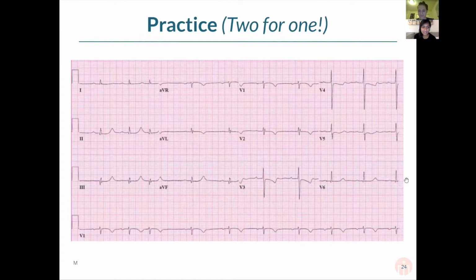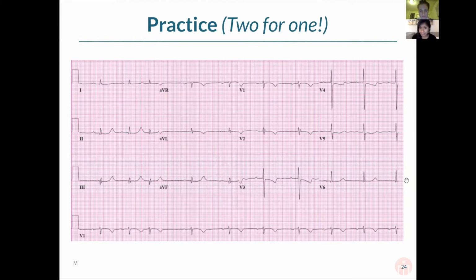Awesome. So now we have another great example. Full disclosure, there are two really big things to look for in this EKG. So try and go through all of our basic steps, rate, rhythm, axis, all of that, and see what you think of. Just walking through this as I'm looking at it, the first things that I'm noticing is sort of